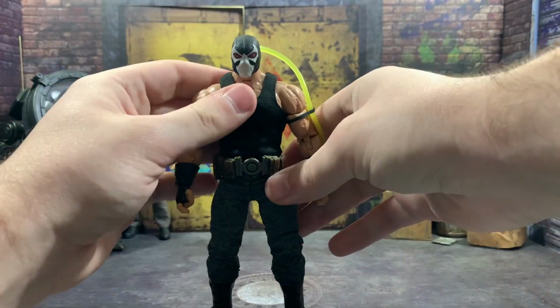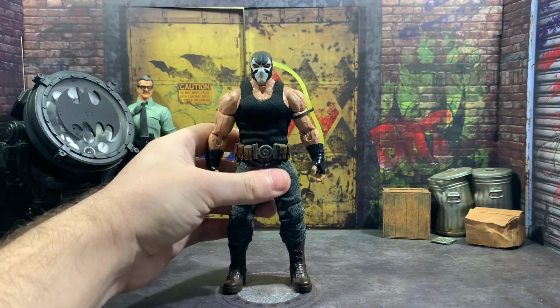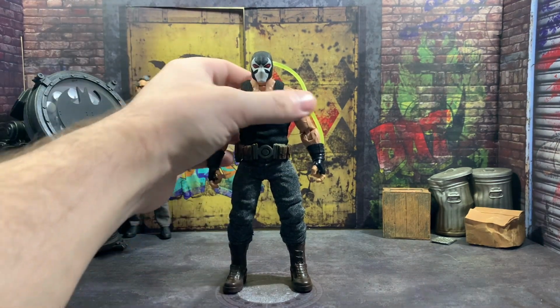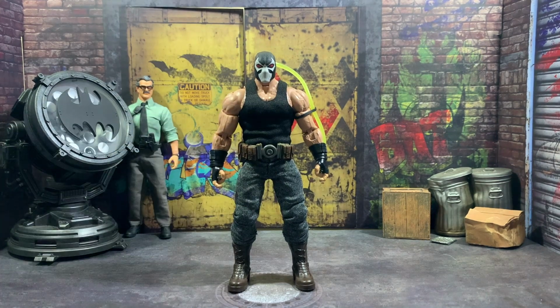But yeah, this is my pride and joy. I'm not gonna lie, this figure is my pride and joy. Bane is my favorite Batman villain, and he has been for the longest time. And I've been dying to see an accurate version of him portrayed on screen, because as much as it was cool to see Tom Hardy's version of Bane, and it was a realistic take on it, which I liked, I did. I like his version, the "Hello, Batman. You know, you were molded by..."